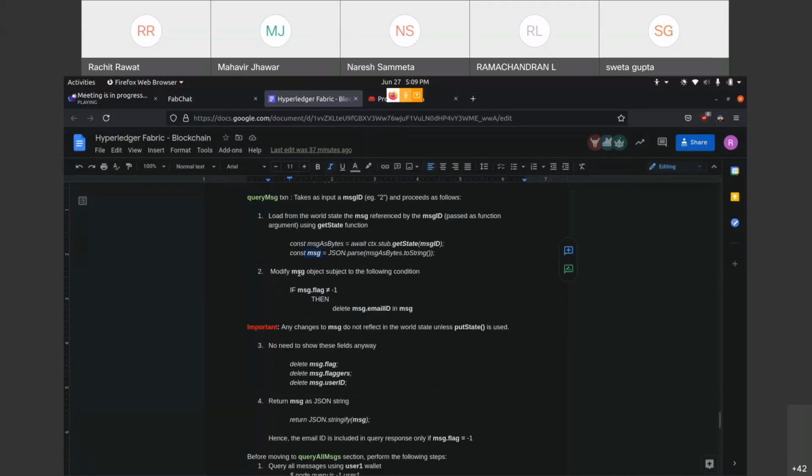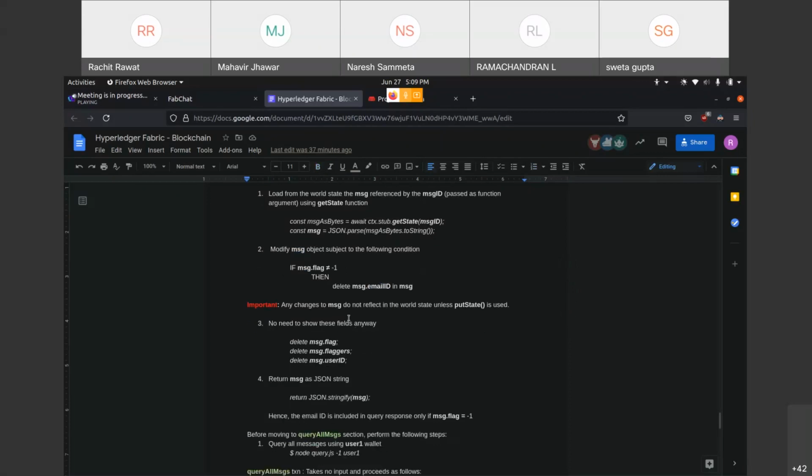We are going to modify this message object locally subject to the following conditions: if message.flag is not set to -1, then we're going to remove the email ID from that message. And of course, if message.flag is set to -1, then the email ID won't be deleted and it will be shown.